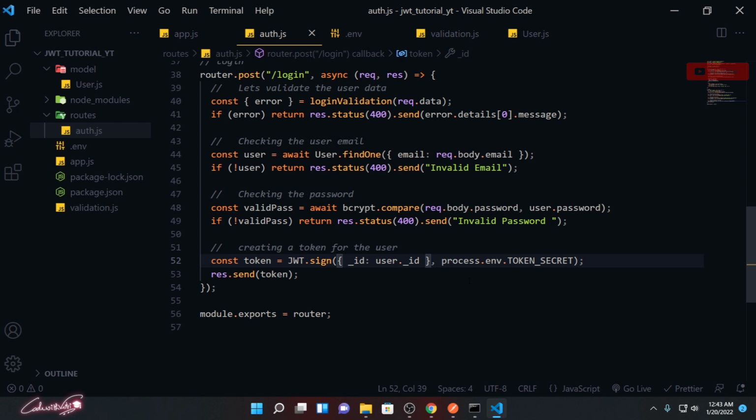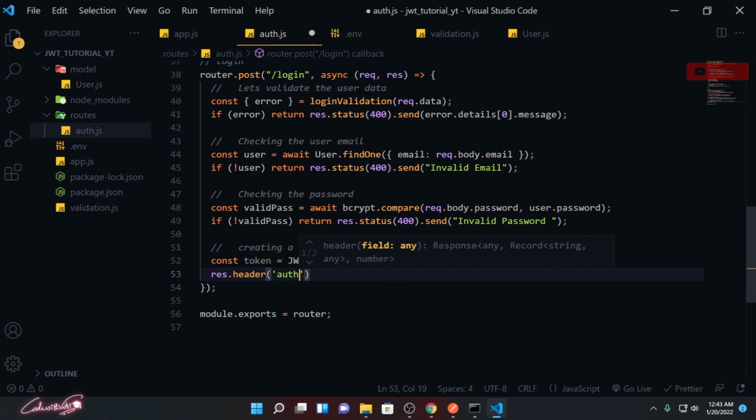Okay, so now it's created that token, and instead of just sending that token back, along with that, I'm going to set this token in the header. Response.header, set this token as auth token.